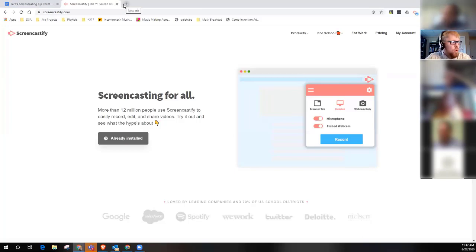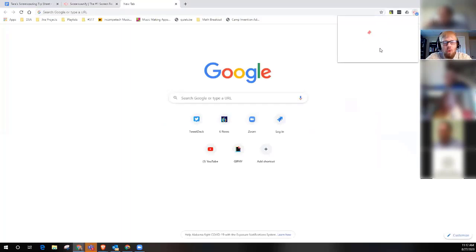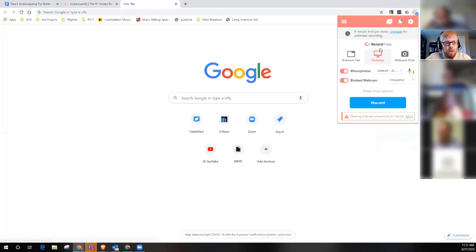The first time through, there's going to be some login stuff. When you click on it, it's going to start with, "Hey, welcome to Screencastify. It's going to be really cool. We're super glad you're here. It's going to be amazing." And you would go through the login procedure, log in with your school Gmail account, your @waverlyschools.net account, pair your Google account, and it'll walk you through kind of an introduction. "Hey, let's take a look around. Hey, we're glad you're here." There'll be a little thing with little confetti flying around. And then you'll want to record your first video.